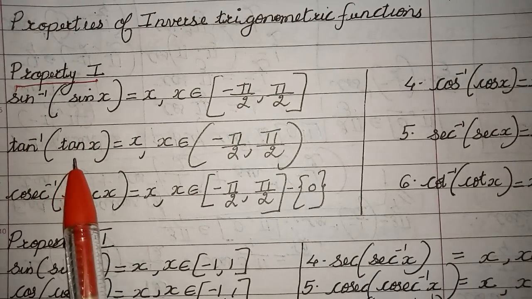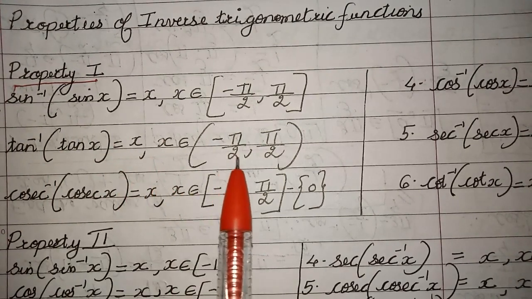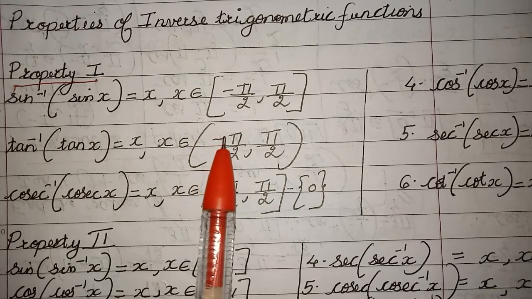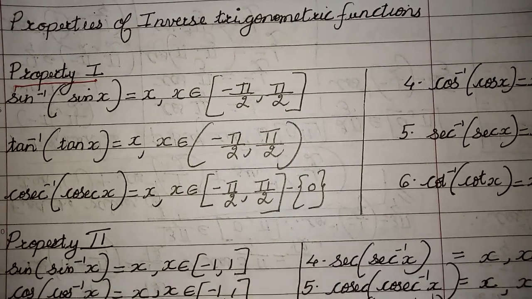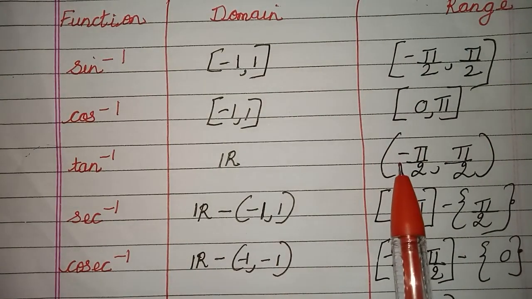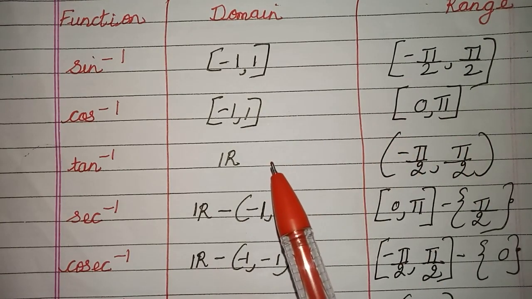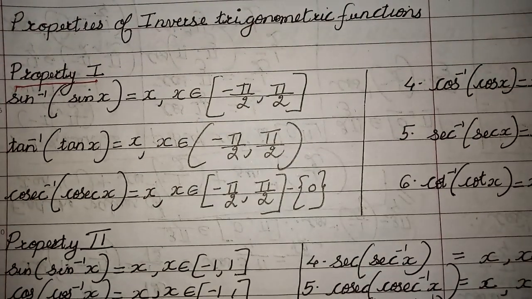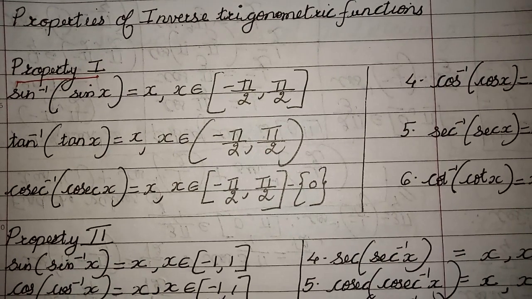Similarly, tan inverse of tan of x will get cancelled if your x belongs to the open interval minus pi by 2 to pi by 2. Why is there an open interval? If you remember, in the graph we have seen dotted points, which I called breaks, where your function is not defined. You can see very well here, if my range is minus pi by 2 to pi by 2, then the domain automatically happens to be the real numbers, and I have tan inverse, because I am guaranteeing the injectivity, or the bijectivity, of my function tan inverse. We saw that injectivity was creating more trouble, right?